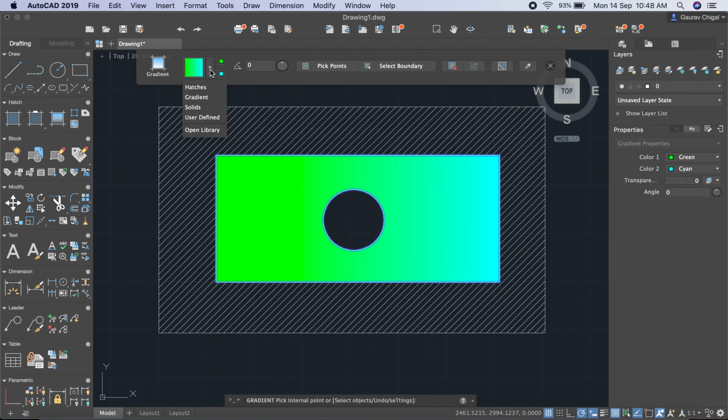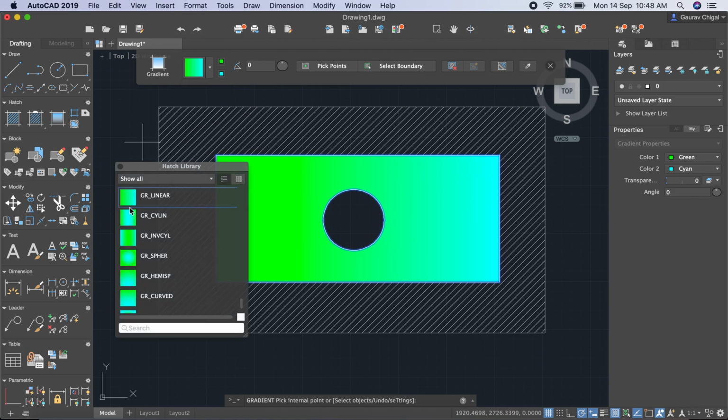And if you click this arrow and click on the gradients, now you can see you have a number of gradient options. Whether you want a linear, which means both colors are vertically apart, or if you want a cylindrical, one color is at the center and the other colors at the edges of the component.